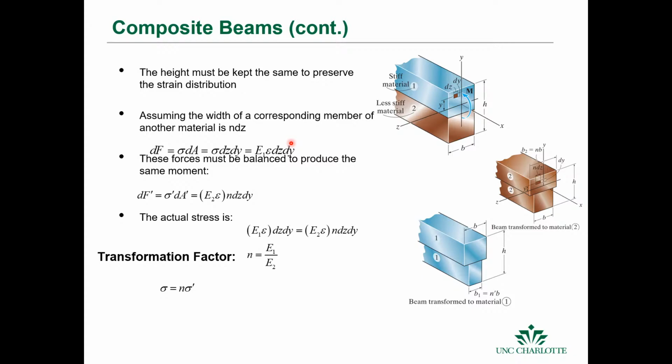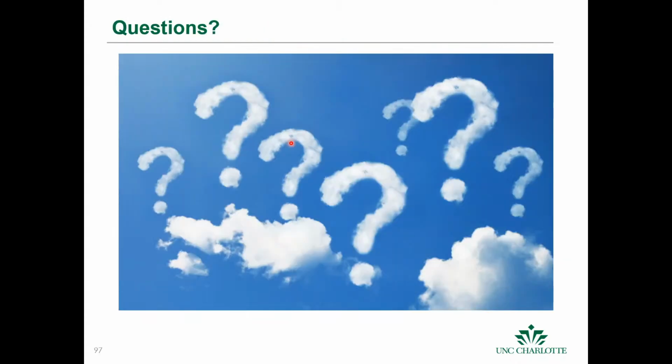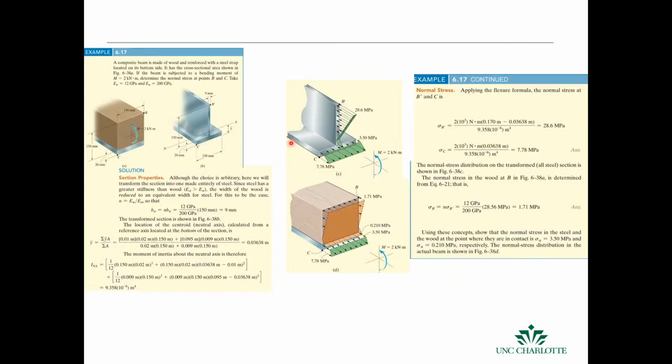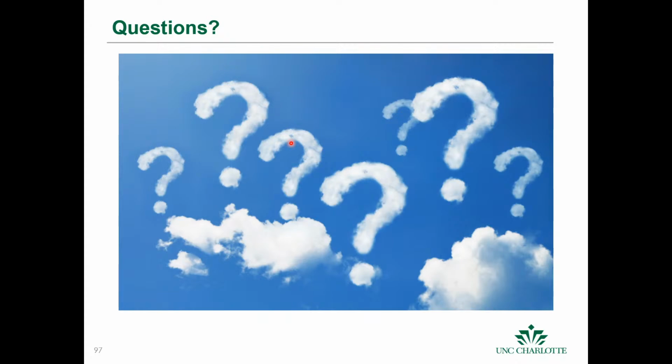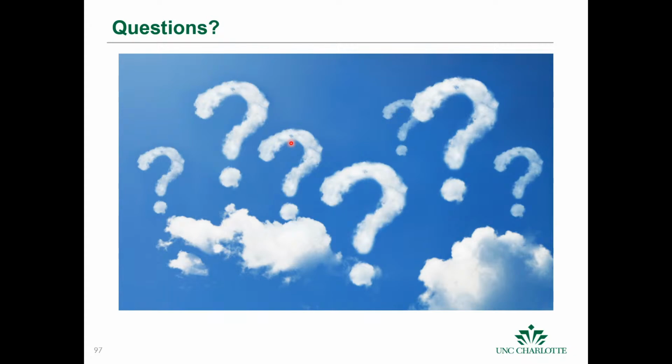This is the procedure for this example. This is an example of how to do that, but this is not something that I'm going to test you on. So I will go back over the singularity functions for our next class. And I think what I just want to mention is that we do have asymmetrical cross sections and composite beams that you need to be aware of.